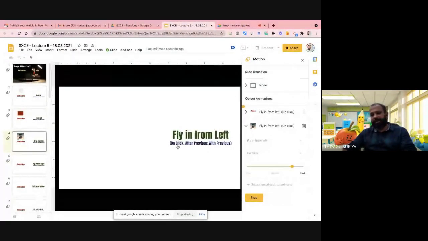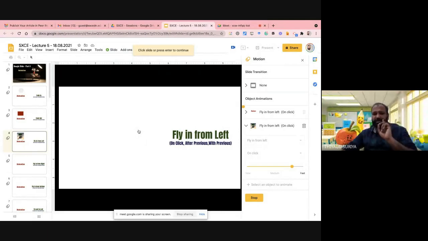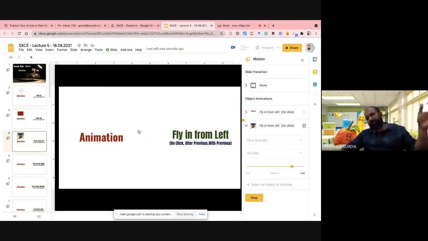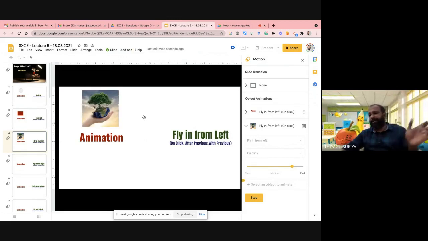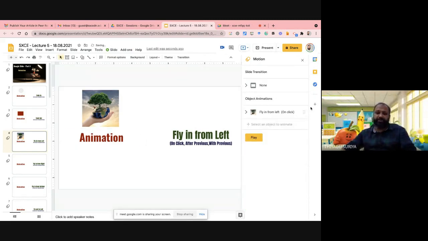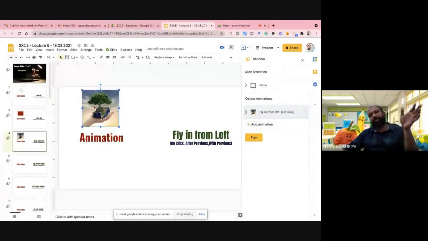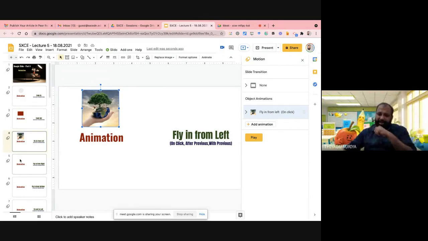Now the content which I am not giving the animation, because I didn't give animations to this content. The first animation effect, fly in from the left. Now you can see the word animations coming from the left. The second one, now the image also comes from the left-hand side. So that is called fly from the left. I hope you don't have any doubt about this. This is particularly for when you'd like to show any important points such as a formula. You can use the same modality. And I'd like to go with the next one.